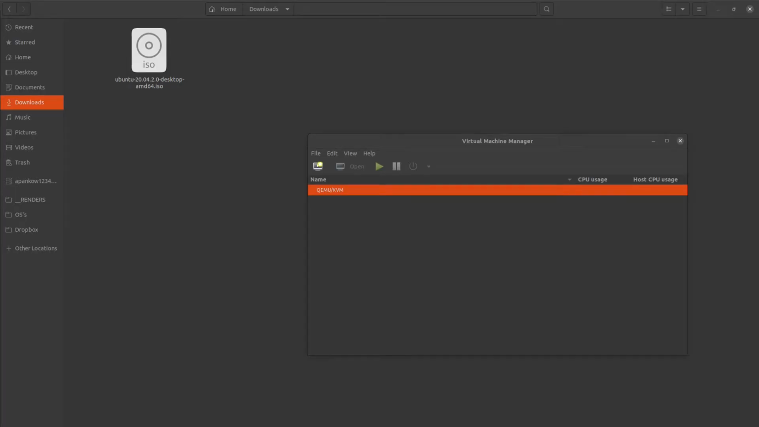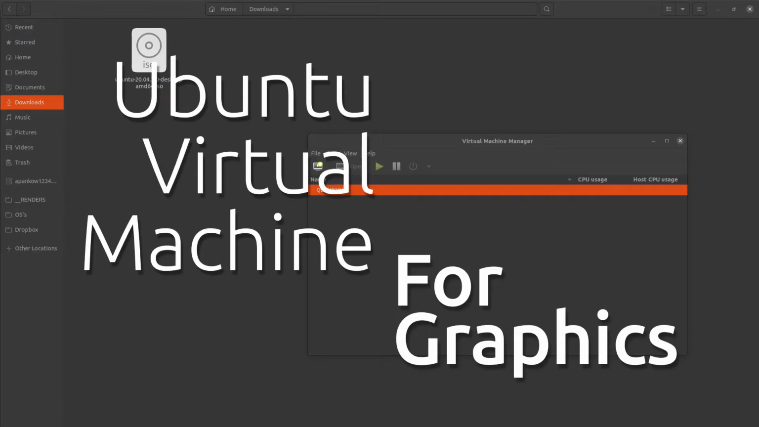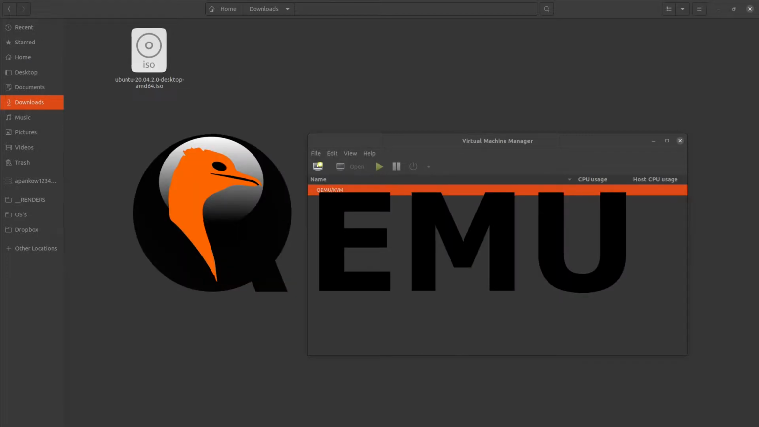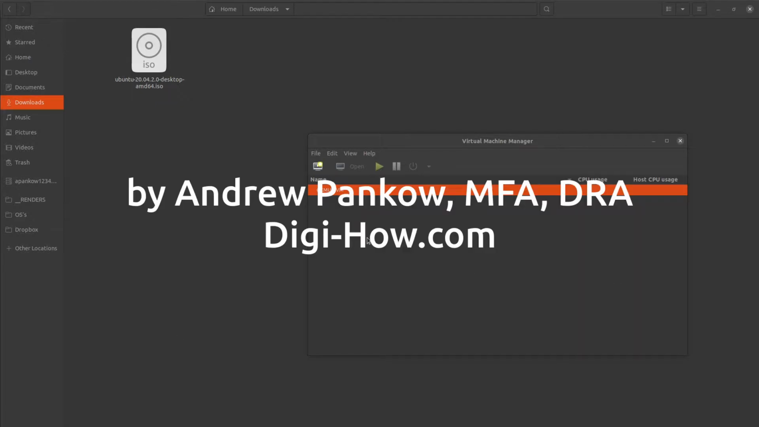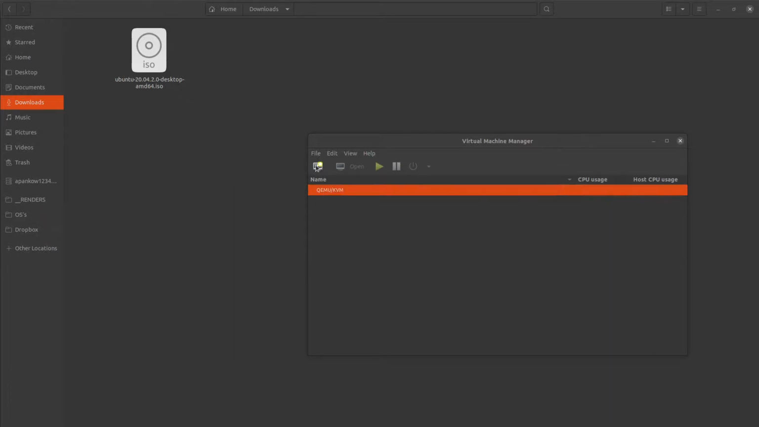I thought I would run you through how I set up my Ubuntu Virtual Machines for graphics. I use QEMU, short for Quick Emulator, an open source alternative for tools like VirtualBox or VMware. Let's get started. First, we will need to create a new virtual machine by clicking on the icon,